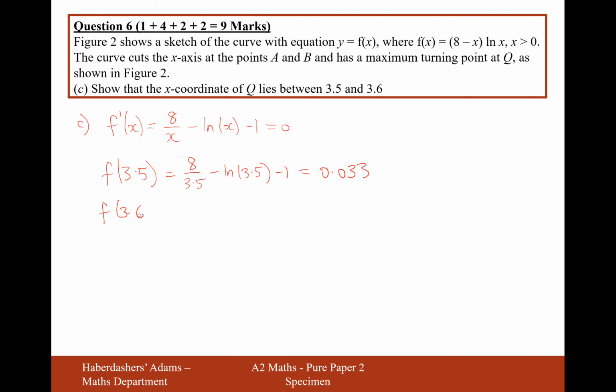And then plugging in 3.6, we're expecting this to come out to be a negative value, and then because there's a change of sign and we have a continuous curve, we have a root. So plugging in 3.6, we get minus 0.06. So as there is a change of sign,